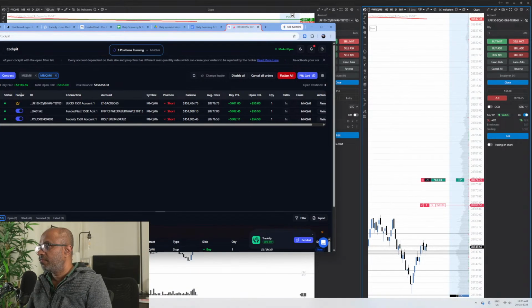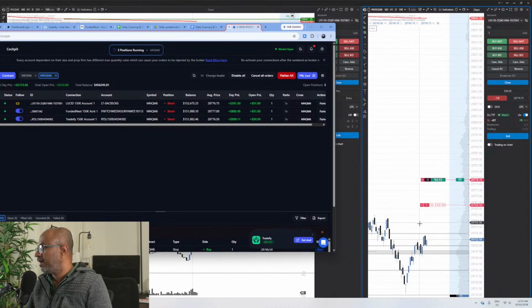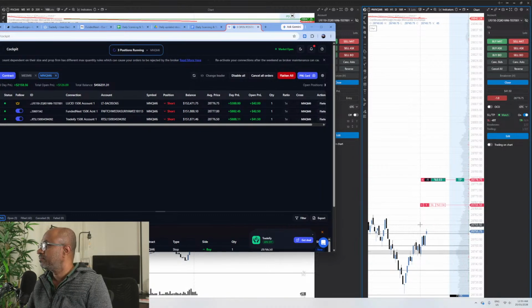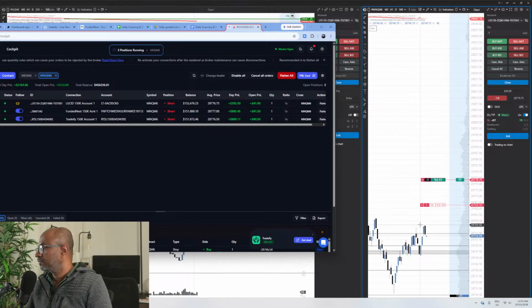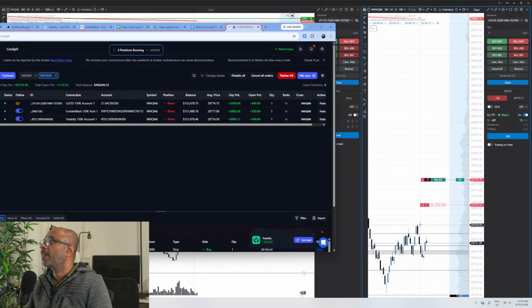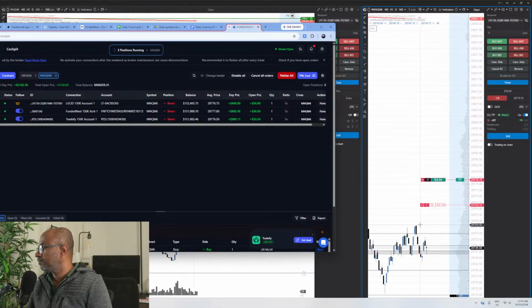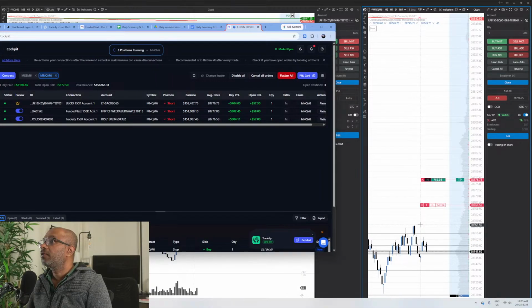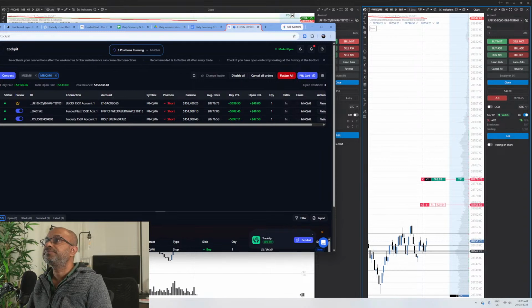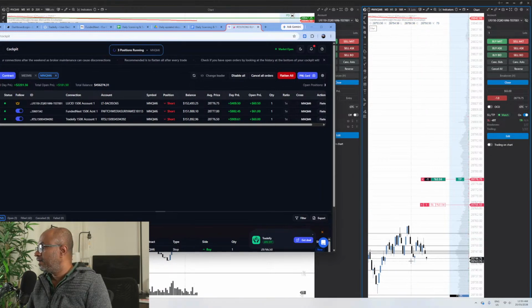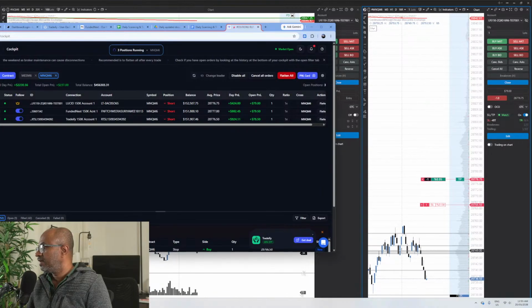Okay, with a floating profit of $2,100. I will break down the trade, but let's now manage the trade. So I'm currently managing the trade. Let's keep the trade running. Okay, so the price action. Currently the price is ranging in this area multiple times. It has formed a small range,